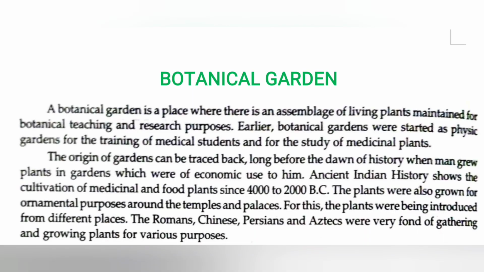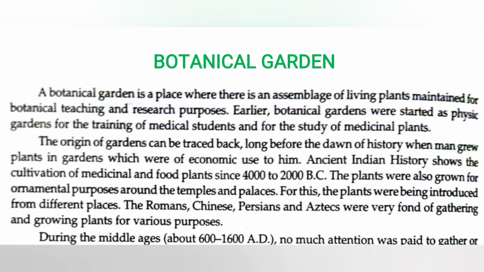Including this, a botanical garden should have a pond for aquatic plants, a library for reading and gathering all available information from the herbarium, from the garden as well as from around the world. It should have a herbarium, a research laboratory, a documentation center for collecting and preserving important plant parts and doing further research. Students, the first real botanical garden was maintained by Theophrastus. Let's know in detail what a botanical garden is, its history and its function.